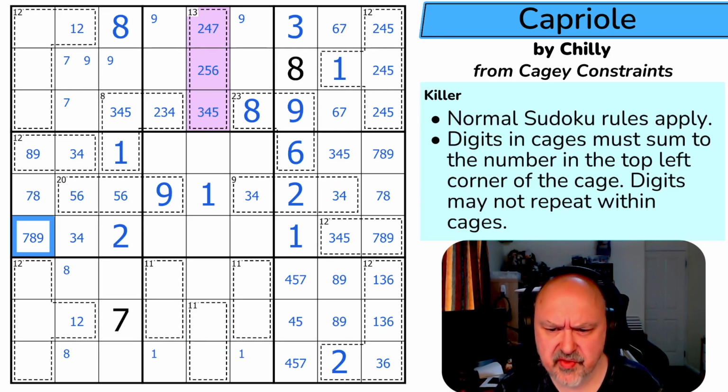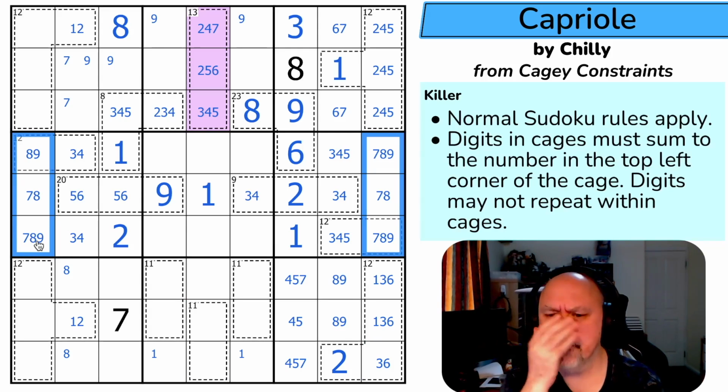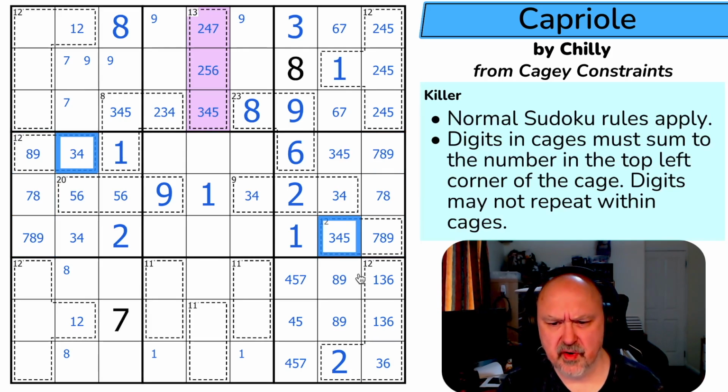Nine is in one of those two. That's not doing anything because I've already got 9 restricted to these cells in that. It does mean that one of those is a 3. Because if that's a 9, that's a 3. But if that's not a 9,